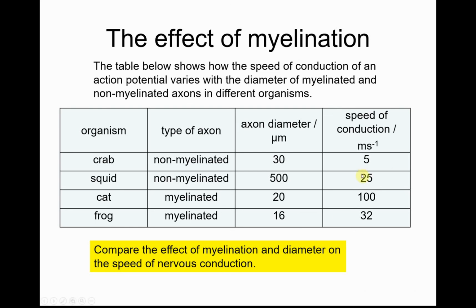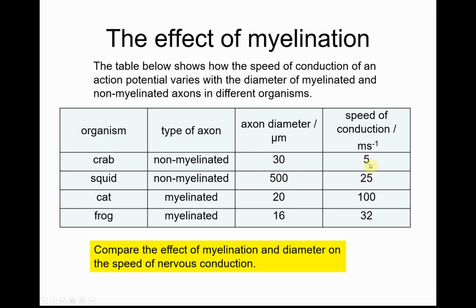Okay, so hopefully you can see that when you're making comparisons you have to compare like with like, if you're going to compare the diameter. So here we've got crab and squid and cat and frog. Crab and squid have non-myelinated neurons, and they don't have any myelinated neurons. Then we've got some myelinated neurons in a mammal and an amphibian. Let's look at the effective diameter. So here we've got narrower and wider diameter axons,